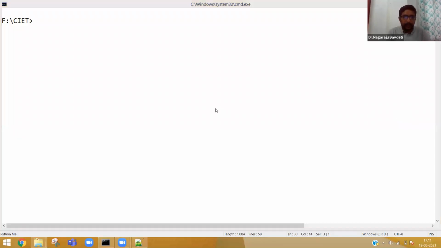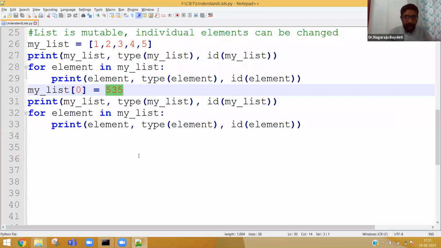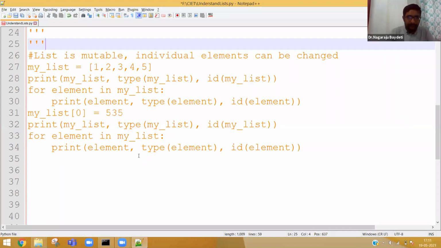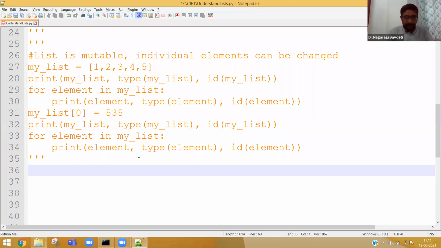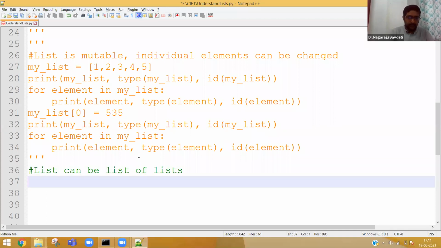Okay. Now, let me write one small example as well, which Akash has mentioned. A list can be a list of lists.